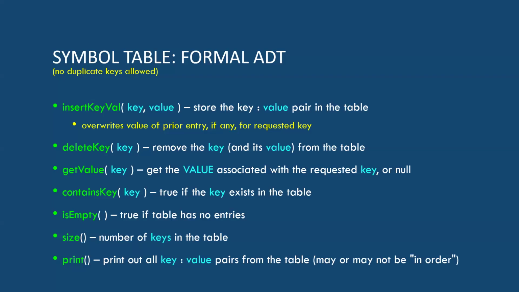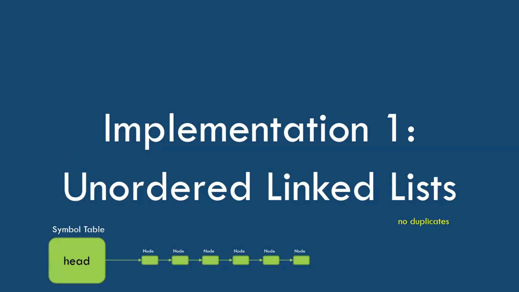So still, that's kind of abstract. We haven't really talked about implementation, but let's look at one possible implementation, brute force. We could just say, okay, kind of like homework 3, we'll create a linked list like our max priority queue, and we'll just dump stuff in there, right? So we'll have this symbol table object, and then we'll have some nodes with next pointers, and we'll just link